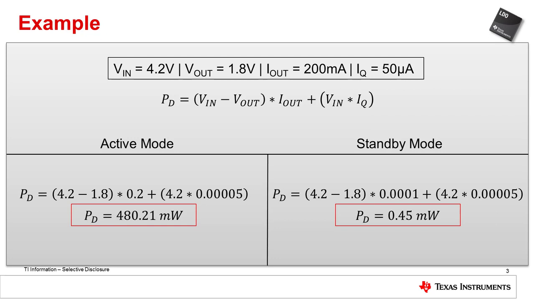Now, you're probably thinking, well, that's not that much power being wasted. But what about applications that spend a majority of their time in standby or shutdown mode? Applications such as smartwatches, fitness trackers, and other types of wearable electronics frequently spend their time in either of those states. This means that the IQ of the LDO used for regulation will play a significant role in battery life.